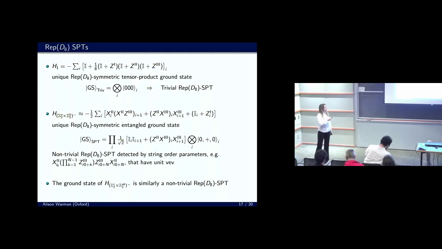Instead, if we pick a Z2, Z2 subgroup with a non-trivial 2-cocycle, we can get these types of Hamiltonians, which are still commuting projector Hamiltonians. So we can write the ground state. Here Z1 sets the first 2 bits to 0, then here we have X, so we can choose plus, and here again we have 0. And then we act on this with 1 plus this other operator. So this is the ground state, which is unique for this Hamiltonian.